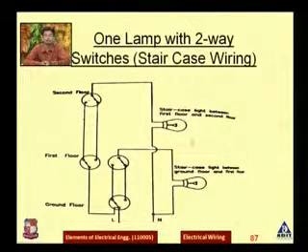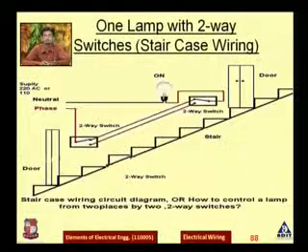Now I want to return back. So what I need to do, I need to switch off this lamp. So I can switch it off through this switch and through this switch also, right? The point is that I want to control a different lamp with a different switch, right?